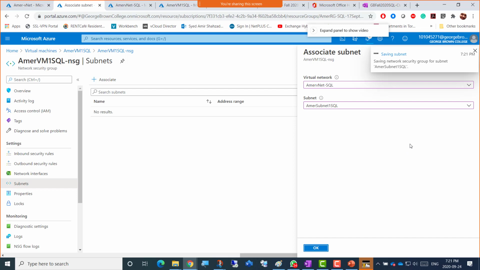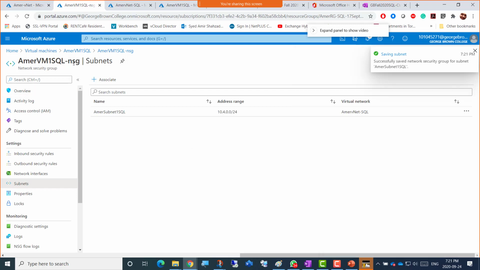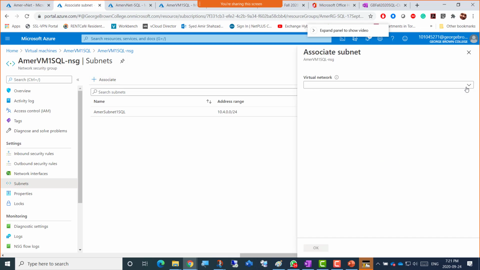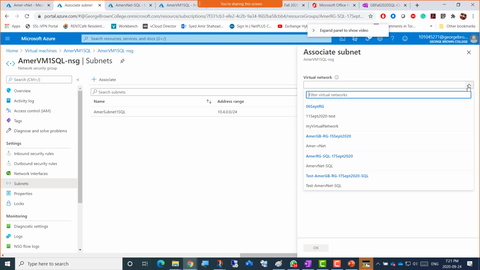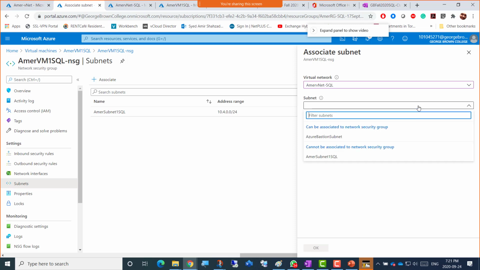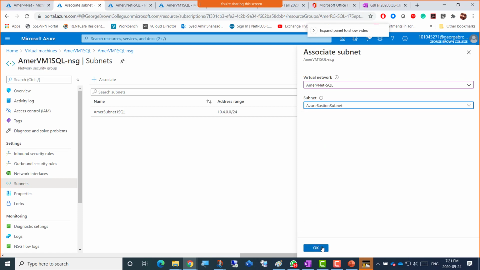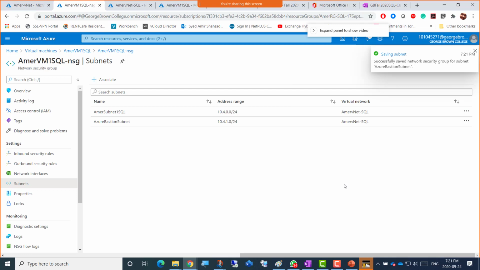Once that is done, we need to associate this particular network security group to the second subnet as well. So I'm going to click associate here and simply do the same thing. If you have just one, that's okay. If you have two, then just do that again. So SQL again, and now the second subnet, which is the Bastion subnet, and press OK. Okay, so once that is done,